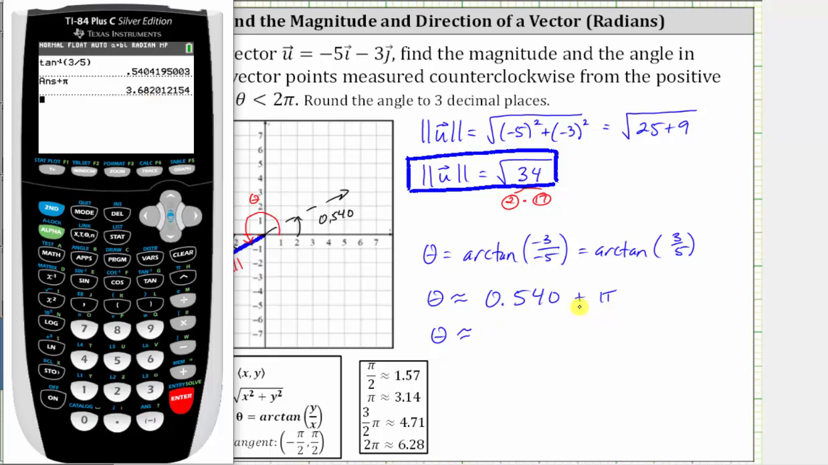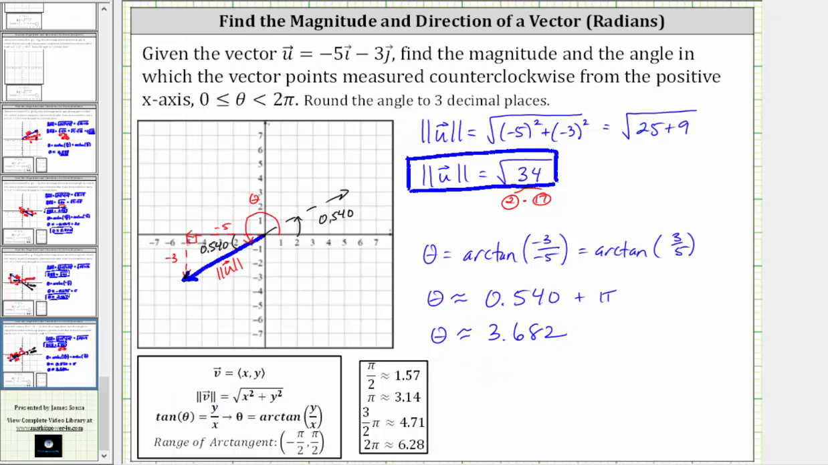Notice how if we added pi to this rounded value, we would not have as much accuracy. 0.540 plus pi is slightly different, but notice how to 3 decimal places, we would still have 3.682 radians. The direction of vector u is approximately 3.682 radians, which is the red angle here rotated from the positive x-axis to the vector,